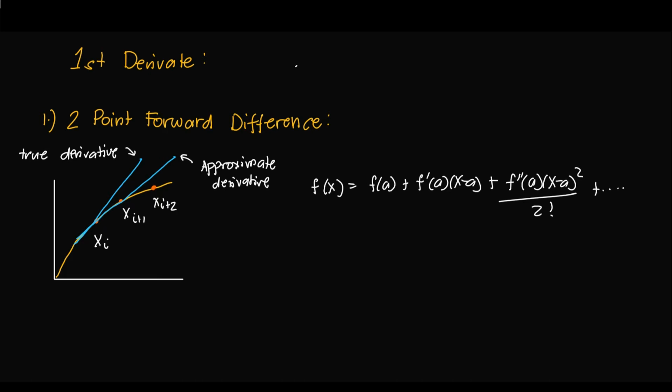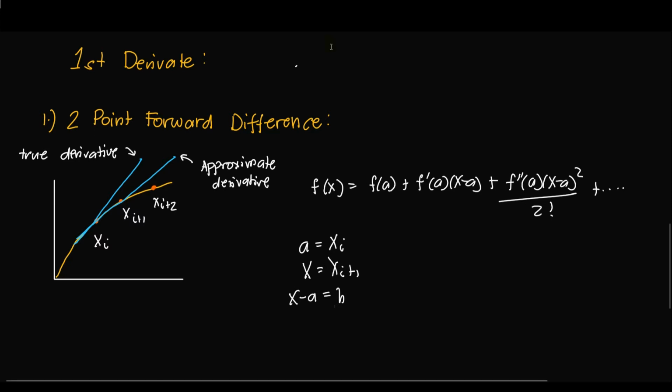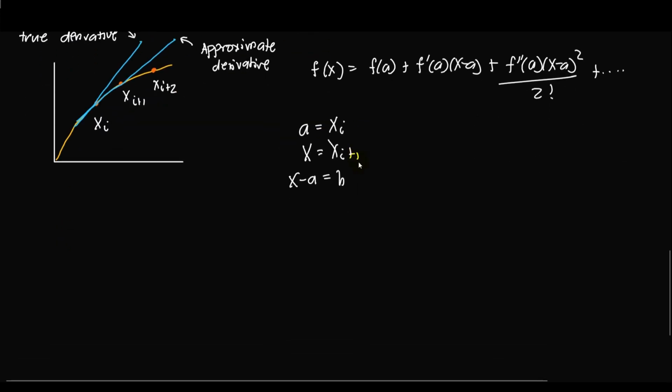Okay, now, since we have different names for our points right here, let us convert the given. For the value of a, we have x sub i. For x, we have x sub i plus 1. For x minus a, we can call it h. So now with all this given, we can rewrite the equation of the Taylor series as